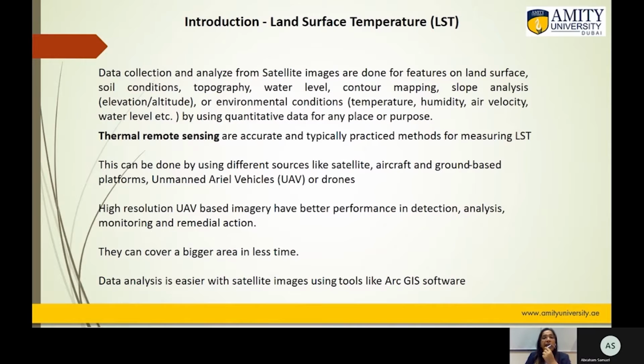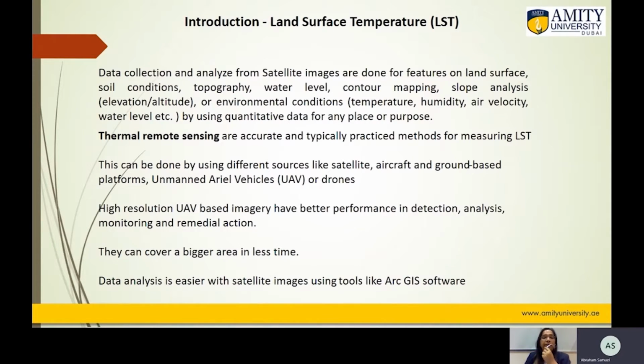Now, how can this be done? Of course, when you are on the site and you measure the temperature by a thermometer or a temperature measuring tool, it is better. It is more accurate, I must say. But then it is not possible. It takes lots of time if you have to go place to place, and measure for distant places. So there is a new method that is applied to measure this temperature, that is known as